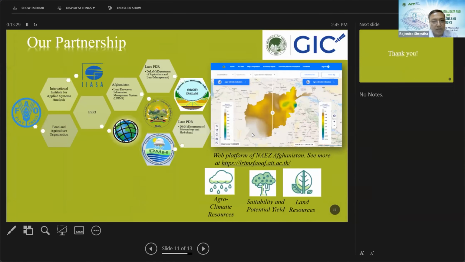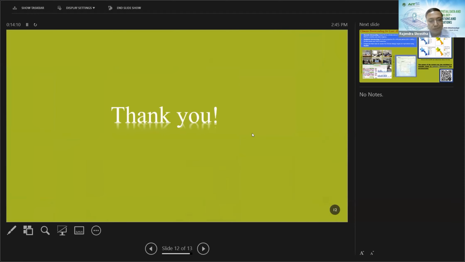Okay. So at the end, we would like to thank the partners. They are the experts in this sector. For example, we work with ESRI, who is one of the major players in geospatial data. And we also work with FAO for sure, and a top research organization who has been working in AEZ for the last 25 years, that is IIASA. So all those experts, those organizations, we are trying to work with to refine and further this PyAEZ work. With that, I would stop here. Thank you.